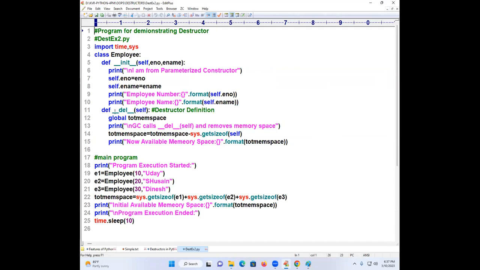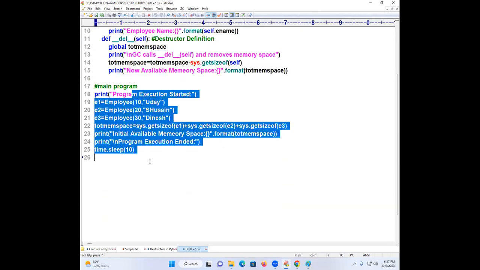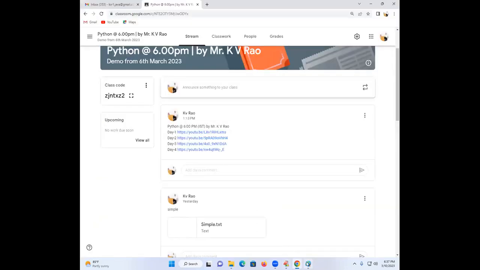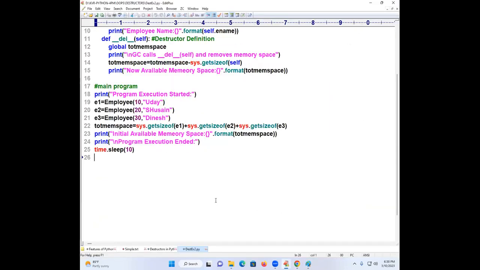So here, what is this now? Dell. I am also going to compute the memory space: how the garbage collector, GC, is being called, and how the memory space is eliminated. I am going to do this practically and explain what the use of GC is. It eliminates which memory space? Unused memory space. Is it necessary for us to write GC? Actually, we don't write the code to eliminate memory space.